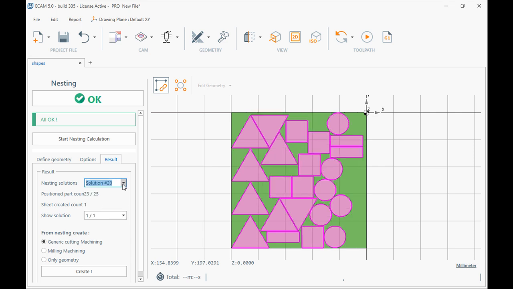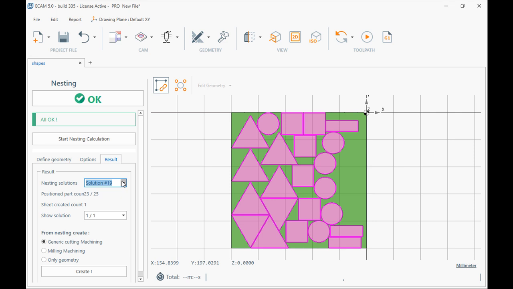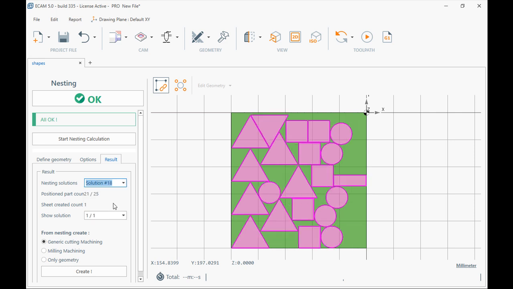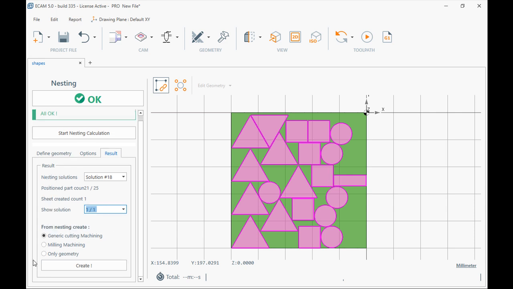So now about the results, we have a lot of results because we've done already a couple of interactions with the software. So there are a few options, and okay, here we have only one solution, and we can create this nesting for a generic cutting machine, a milling machine, or only geometry. So we could export this as a geometry file. So generic cutting machine, create,